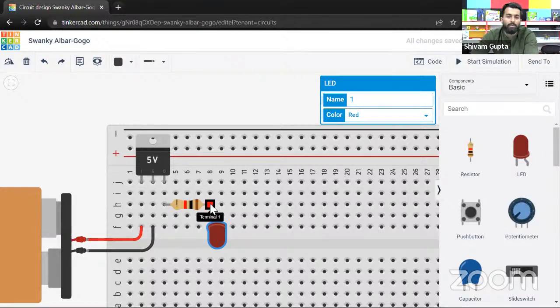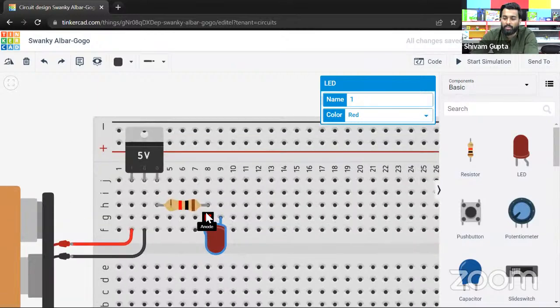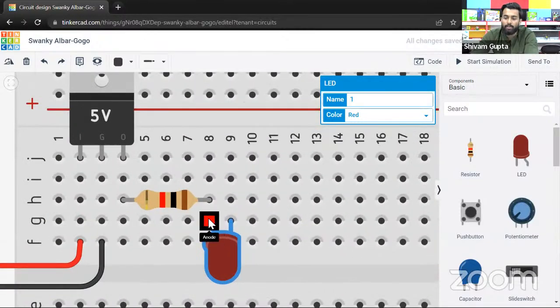Okay, don't get confused because of the names, that is terminal 1 or 2, right? Just make sure that the anode pin, right? The anode pin is connected in the same line where the resistor is connected. Okay, now